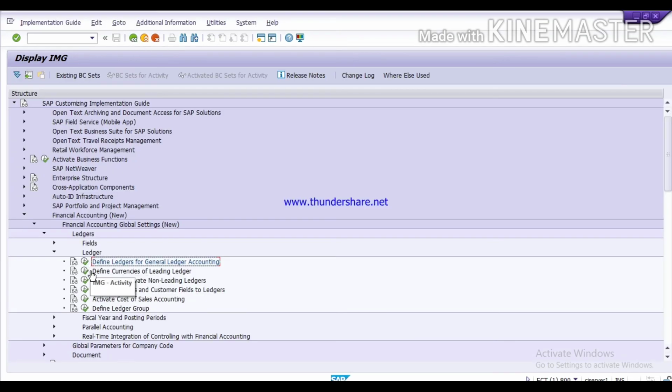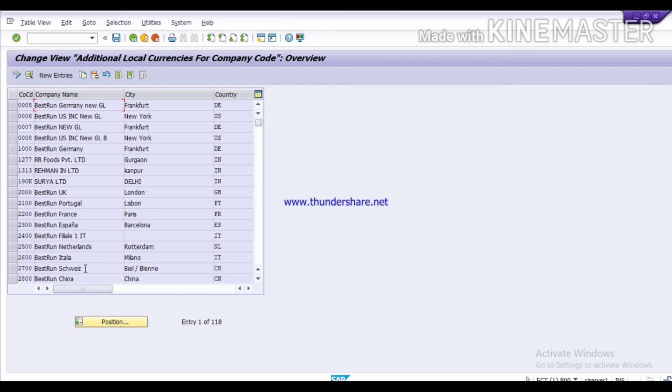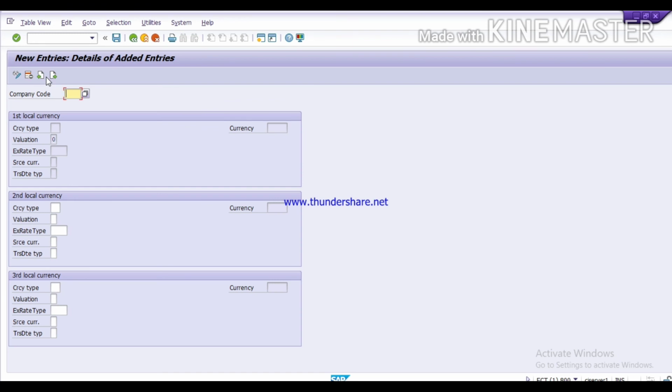Here the next step is define currencies of leading ledger. Execute it. Click on new entry. Give your company code. Our company code is Tata. Here the first local currency will be picked by your company code. Whatever local currency is assigned in your company code, it will be picked automatically.